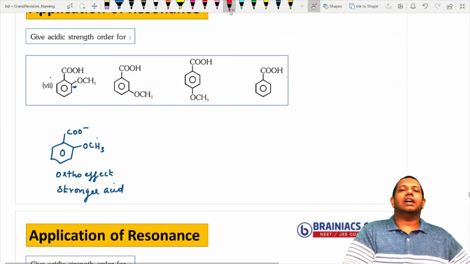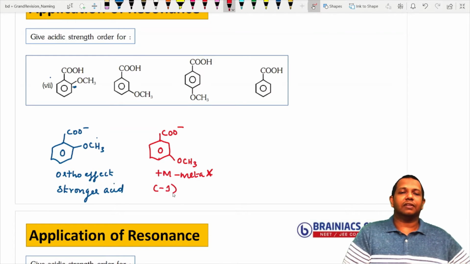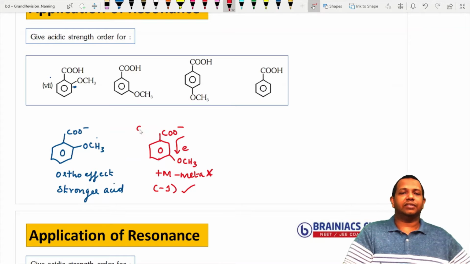Now let's take the other one. So you have another one. Again the methoxy group is there, but at a different position. I can say it is at the meta position. So we know at the meta position, generally OCH3 has what effect? It has a plus M effect, but since it is at the meta position, this effect is not applicable. So what is the other effect with OCH3? Minus I effect. So only this is applicable, so this will attract electrons, making it a good acid. It's an acid, but anyway, the first one will be a stronger acid than this one.